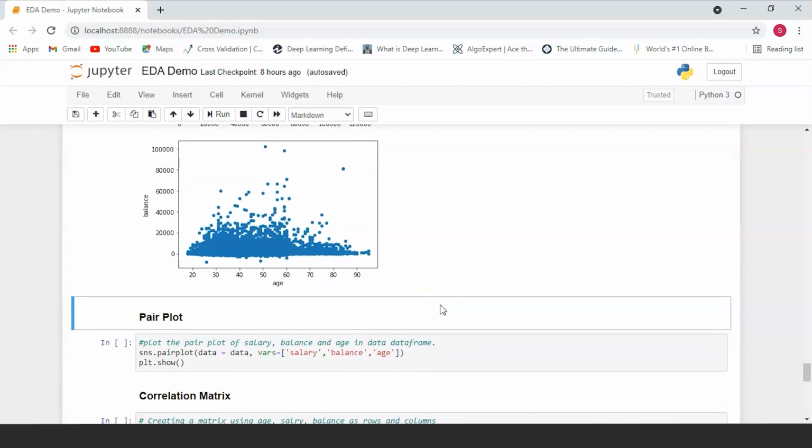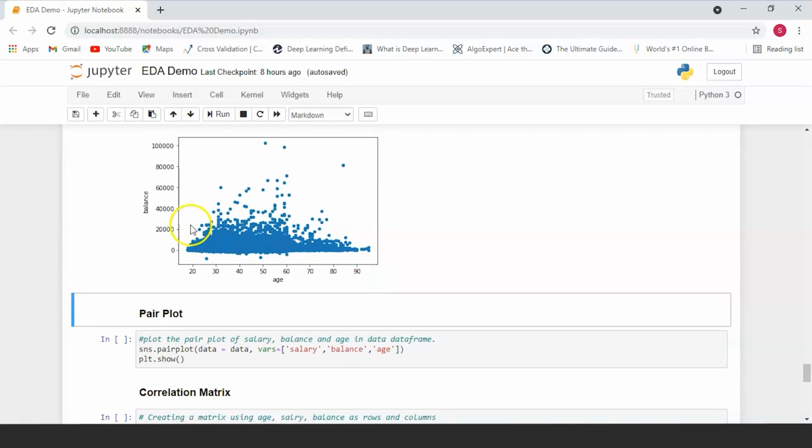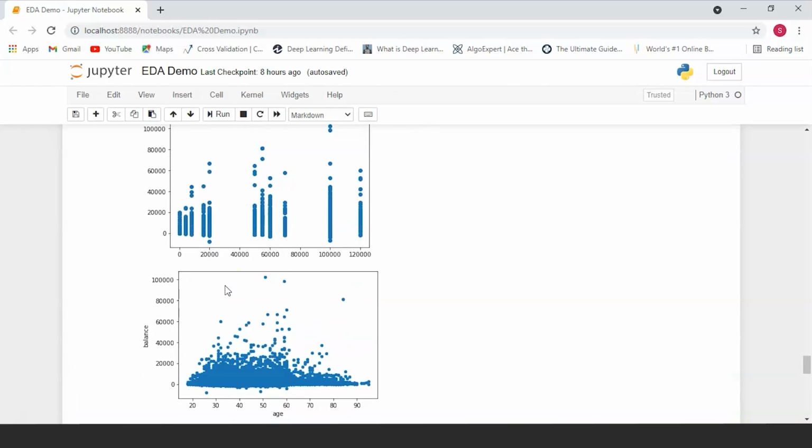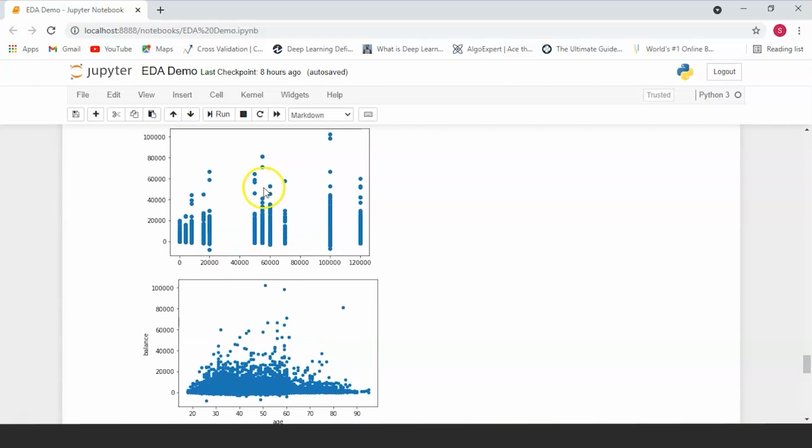Now, another insight that we have here is that we've plotted a scatter plot between the balance and the age of people. So over here, as you can see, most of the balance that people have in their account ranges from 0 to 20,000 depending on their age. So now, what is the main difference that you can see between these two plots?